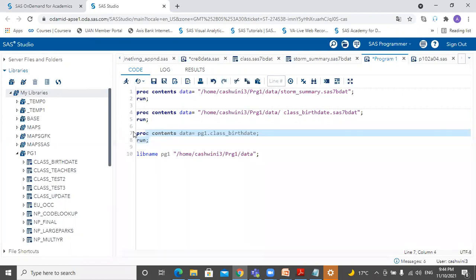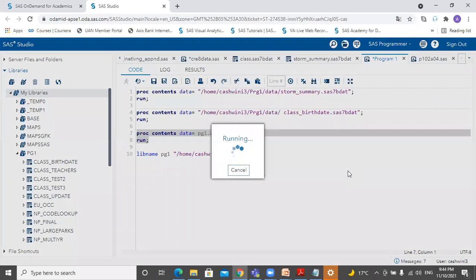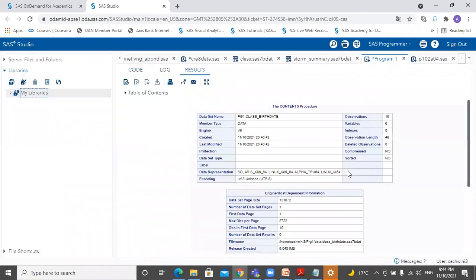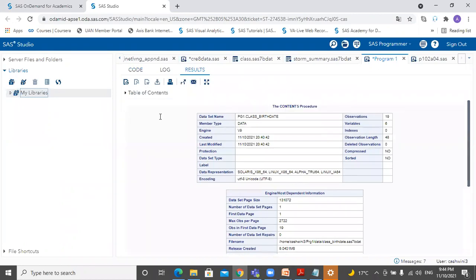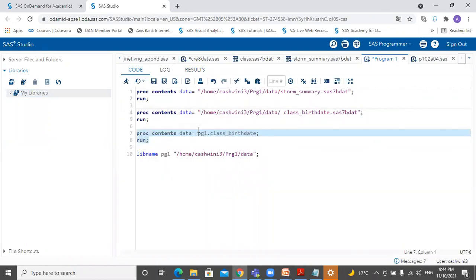So this is the most simple and proper way of writing code, referencing your table with a two-level data set name, referencing which library it is saved in, and within this library, this data file.